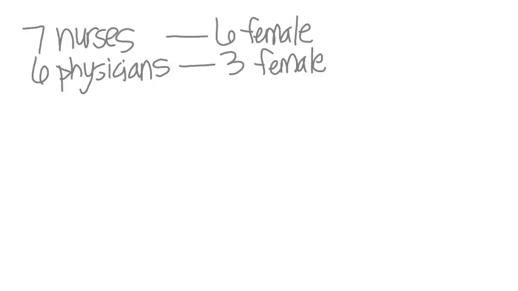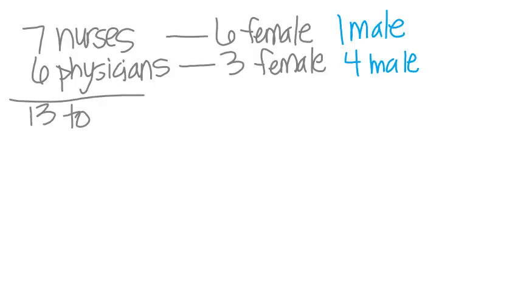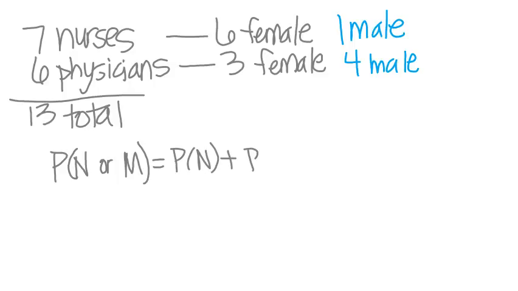Well, if 6 are female, then that means there is 1 male nurse. And if 3 of the physicians are female, that means there's 4 male physicians. So here there's a total of 13 staff members or people in the hospital. We're looking for the probability that we have a nurse or a male. Okay, well, or means to add, so we have the probability that we pick a nurse plus the probability that we pick a male. But we have to take away, because there are male nurses and male physicians, we don't want anybody to get picked twice. So we have to take away the one chance where it's both, which is the male